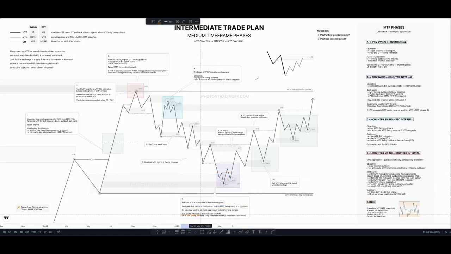Are we in line with the pro higher time frame trend? If we are, then yeah, you probably do just want to get involved because we're probably going to continue, right? Your medium time frame and higher time frame are aligned. Happy days, let's go. But also you might want to consider, is it well priced on a higher time frame,